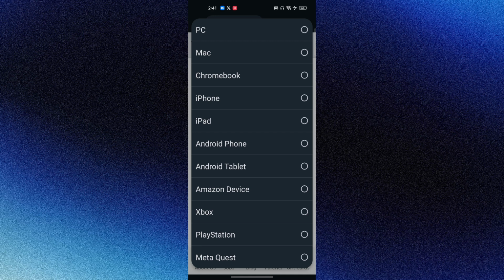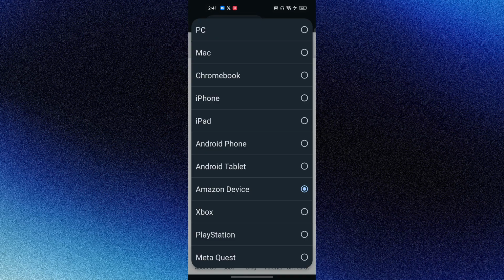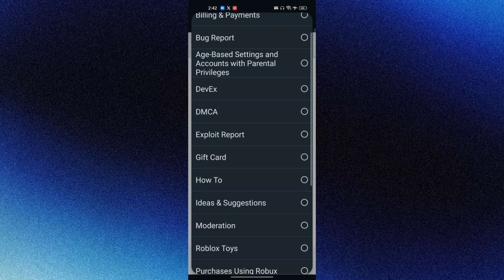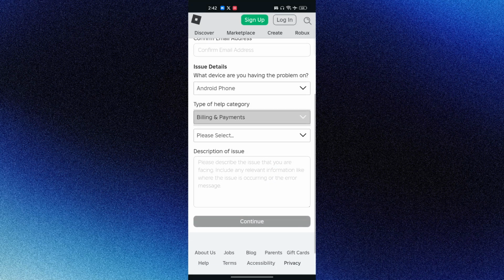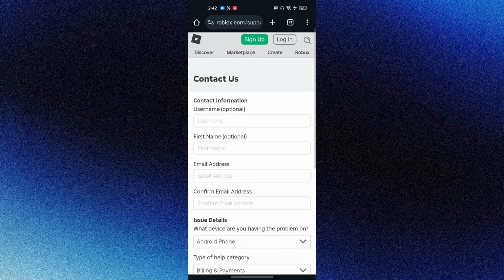For example, I'm doing it from my Android device, sorry, it's Android phone, and the type of help category. So you have to select the reason for what reason you want the help. So it's a reason about billing and payment, and I have to describe the section and then just click on continue. So automatically an email will get sent to the Roblox support,